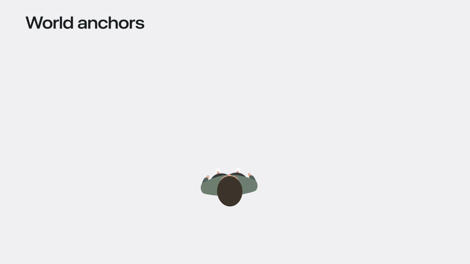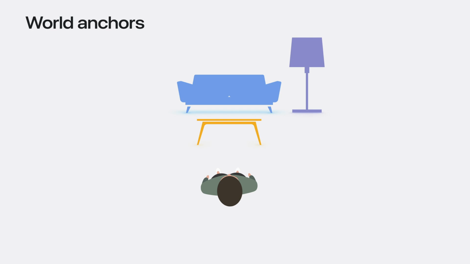The system makes sure that this content always stays precisely anchored to that same location over time, even if someone holds the digital crown to recenter. Imagine an app that wants to let people place virtual furniture in their real world to help them create a floor plan or just experiment with new designs. For an app like this, it's incredibly important that the furniture stays at the same physical location and doesn't drift